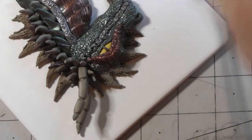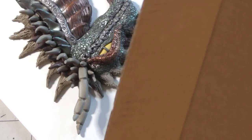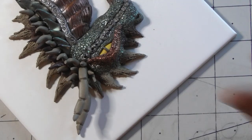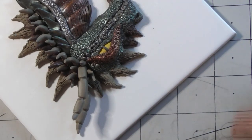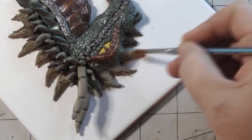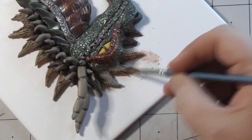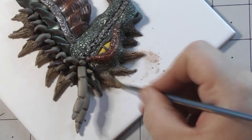Although I might use gold, actually, talking and saying that. I might find a gold. So let me see what I can find. I want quite a dark gold. Yeah, bronze. Bronze would do it. Or would you use brown, folks? No, I think I'm going to use gold. Right. Oh, wrong brush. So I'm just going to, all I'm going to do is just go along and just sort of tipple the ends. I don't want to put too much on, because I want it to...